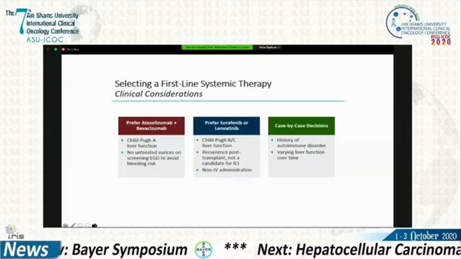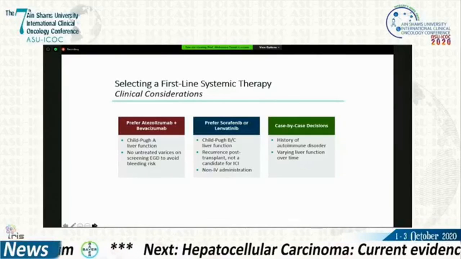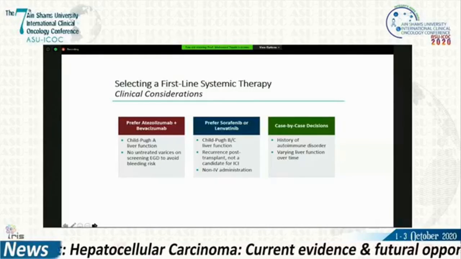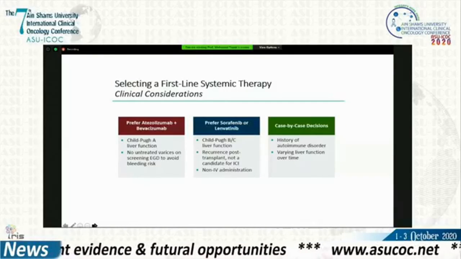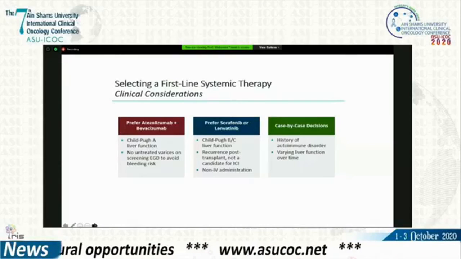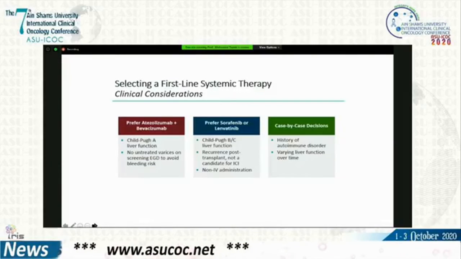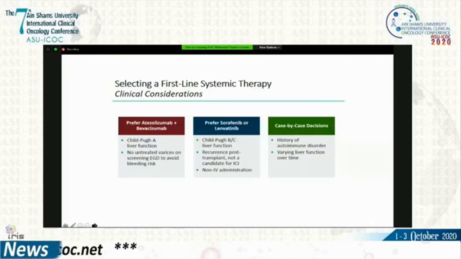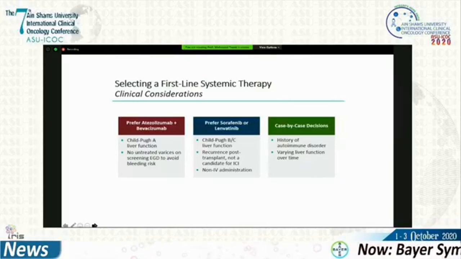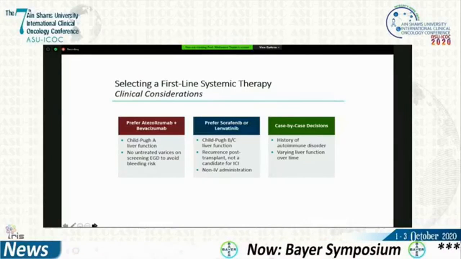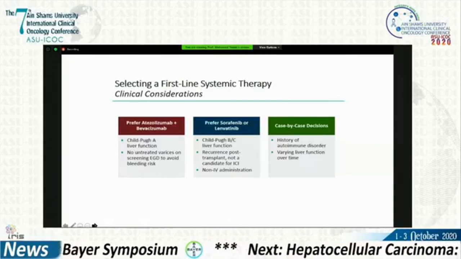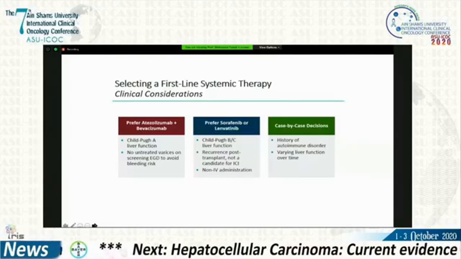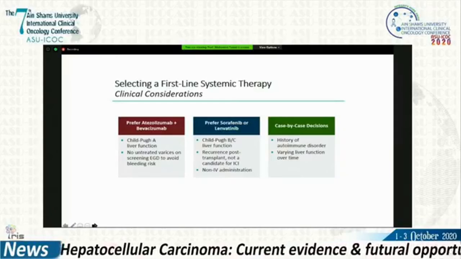And remember, atezolizumab is the first IO combination to have an overall survival benefit in first line. All other trials failed to show overall superiority. And we also have promising trials ongoing in first line now. We have HIMALAYA, which is the biggest trial in HCC, 1,200 patients, comparing durvalumab and tremelimumab versus sorafenib. And we have the LEAP-002 study, pembrolizumab plus lenvatinib, and we have COSMIC-312, cabozantinib plus atezolizumab, and we are waiting for the results of these trials.